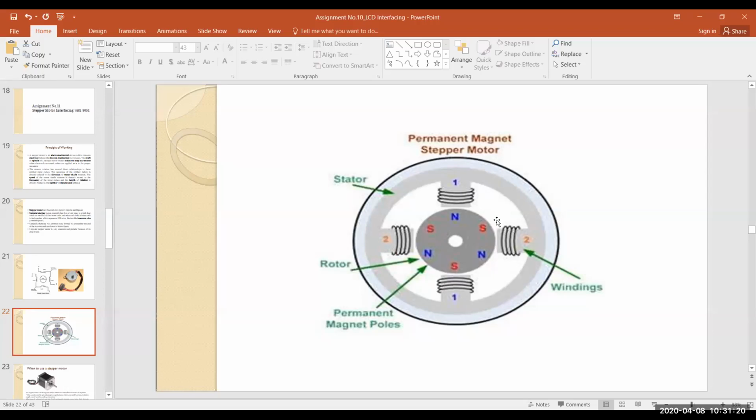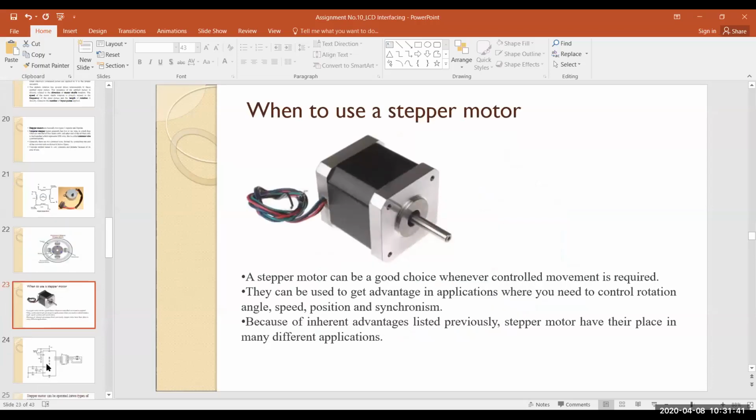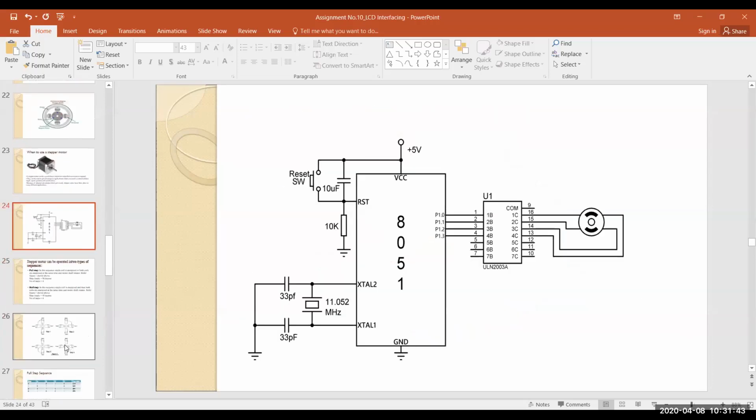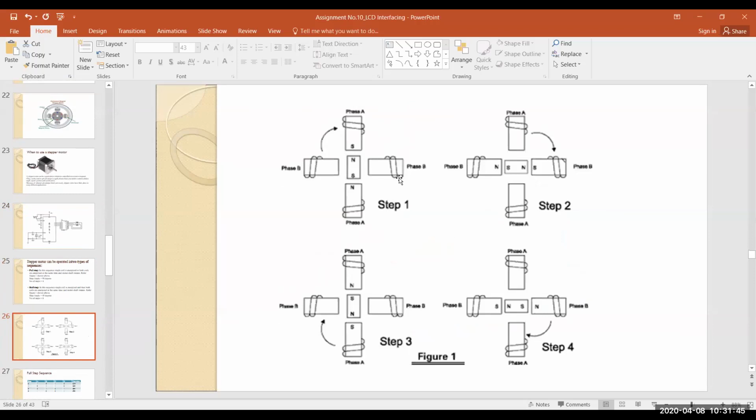This is the stator, 1 2 1 2 you are able to see, and this is the rotor, the part present in between. So basically this rotor and stator are inside your motor, and in this diagram you can see it very nicely.